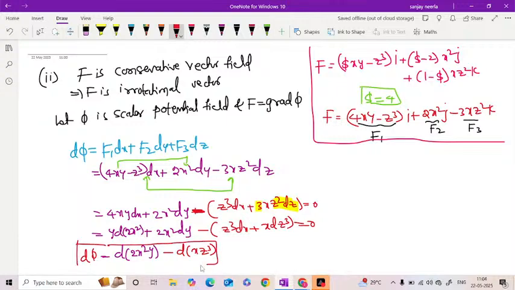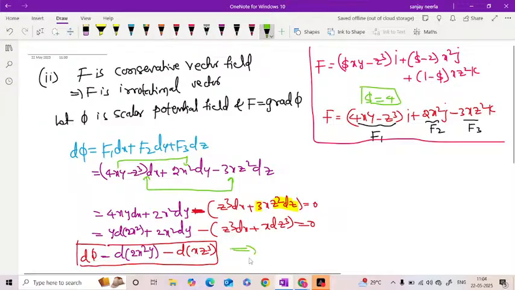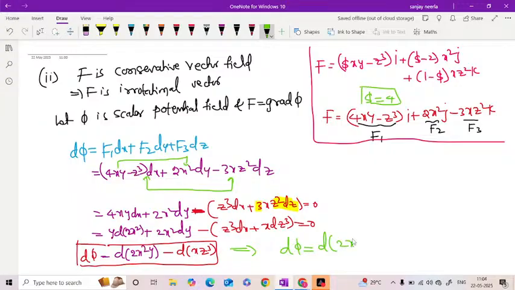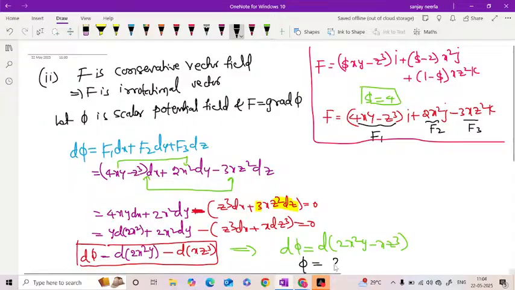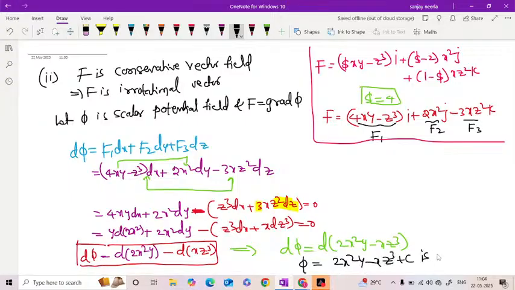That means according to the additive or subtraction rule, we will write d pi is equal to the derivative of 2x square y minus x z cube. After integrating, we get pi is equal to 2x square y minus x z cube plus c, which is the result. It is the scalar potential